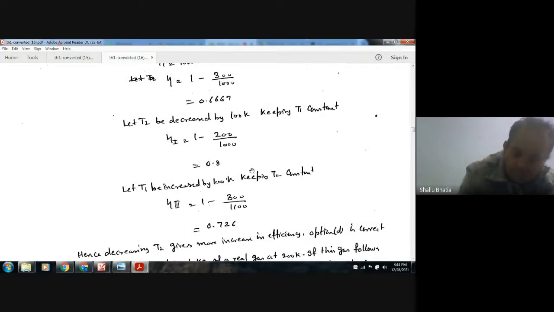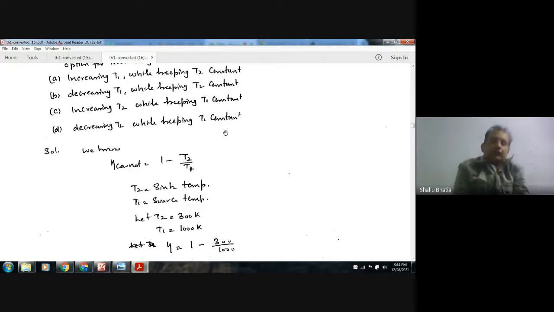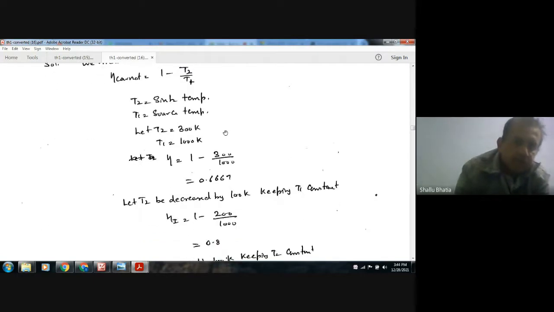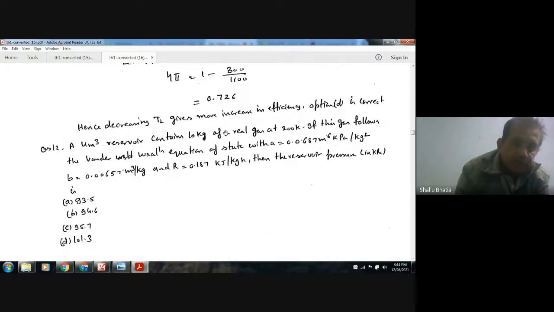So option D is correct. What is option D? Decreasing T2 while keeping T1 constant. So the upper temperature is kept constant, and if we decrease the lower temperature by the same amount, then we get more effect in increasing the efficiency. Answer is your D. Next,